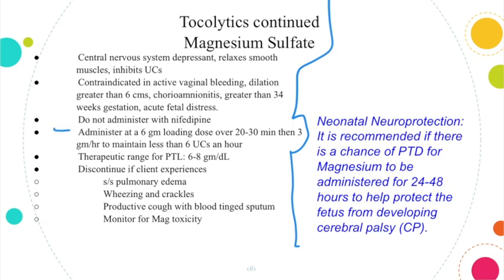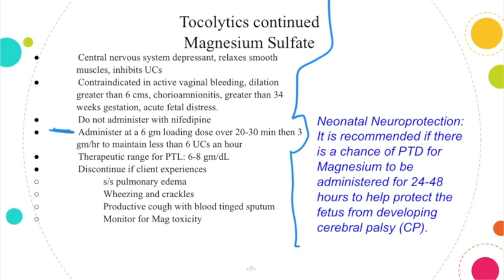Your dose is different than the dose that you give for gestational hypertension, all right? And we talked about toxicity, which is the bottom there. The third reason you can give magnesium sulfate is for fetal neuroprotection, neonatal neuroprotection. So if there's any chance that this patient's going to deliver early, the researchers say it's helpful to give magnesium for 1 to 2 days, because it protects the brain of the fetus, so it decreases the chance for the